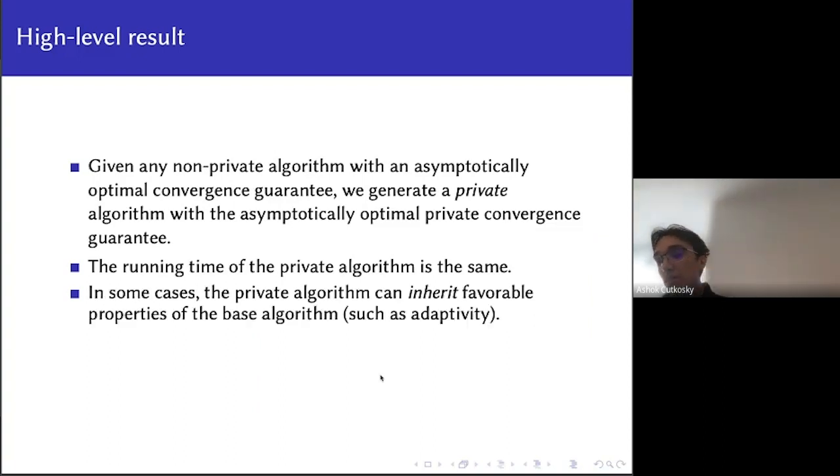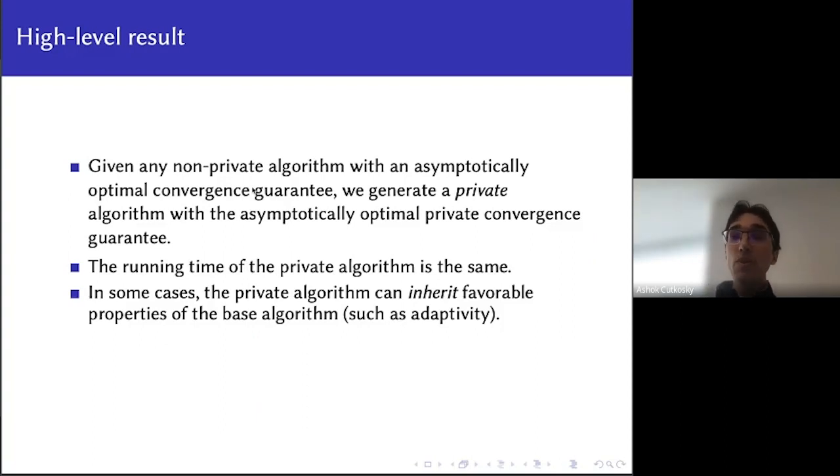And the really important, valuable part about this result, I would say, is that the private algorithm can somehow capture some of the flavor of the non-private algorithm. So this first point is talking about worst case convergence guarantees. But the real world is frequently not worst case. And there's a huge, almost cottage industry, I would say, in the non-private optimization community, building algorithms that go beyond worst case analysis. Something of the form, if the data happens to be easy in some way, then I'll do really well, even if I still have the correct worst case convergence guarantees.